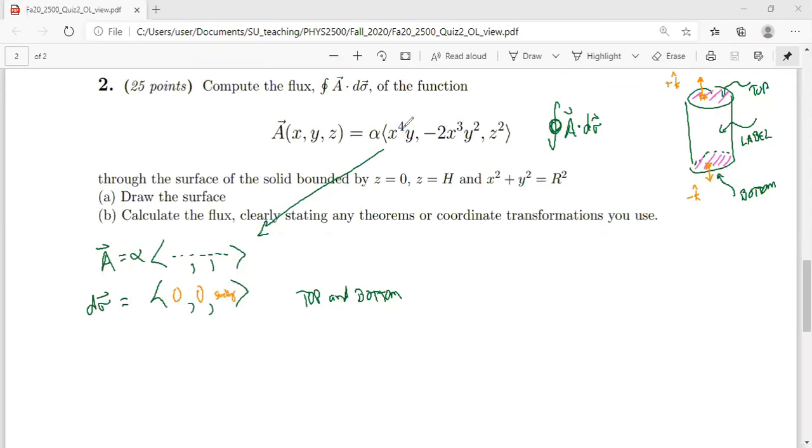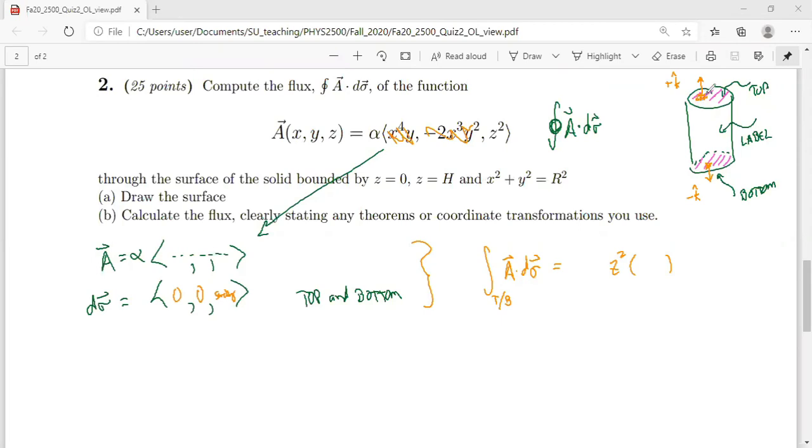So to be honest, we don't have to worry about any of this stuff. And you'll see something magical happened: when we took the divergence theorem, these were the parts that vanished. When we look at the symmetry of the flux integral itself, look, these parts also vanish, just seemingly for a different reason. So kind of neat. So for the top and the bottom, at least, when we take A dot d sigma, what we're left with is just something that looks like this, either top or bottom. It's just z squared thingy,